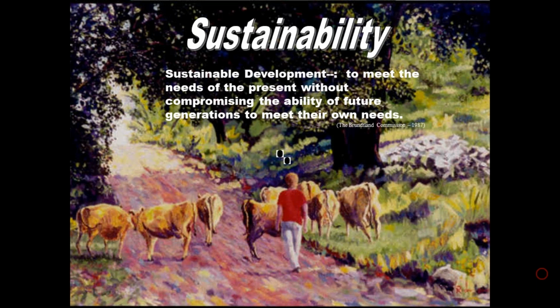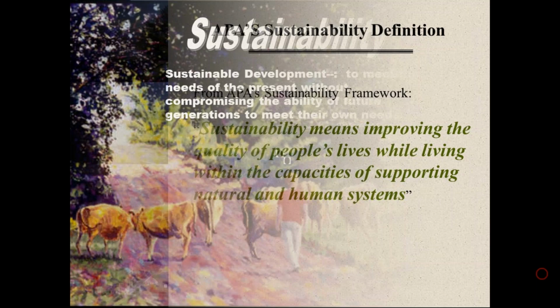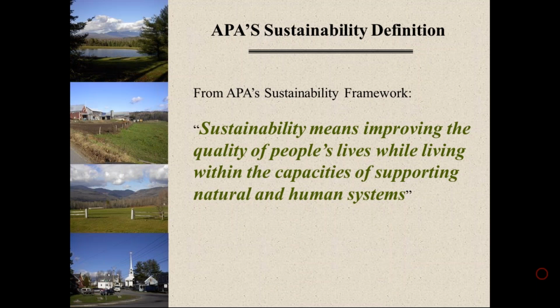And we'll see it some more later when we talk about urban form and things like that, when we get into sustainability a little bit more. But there's two definitions that come up on the exam. This is one of the definitions. This is the old classic one by the Brundtland Commission, which is to meet the needs of the present without compromising the ability of future generations to meet their own needs. That's the classic definition.